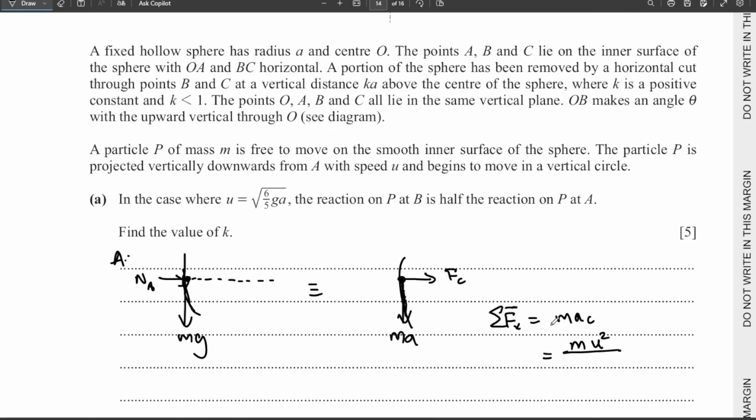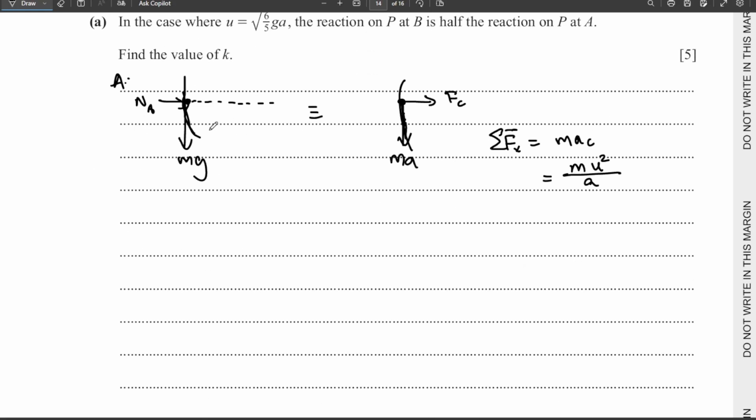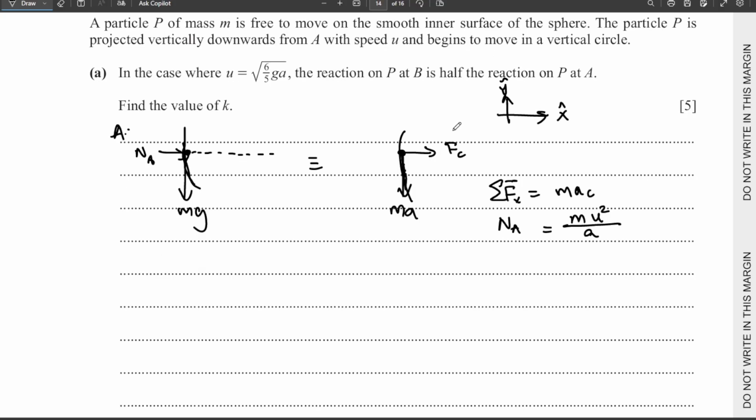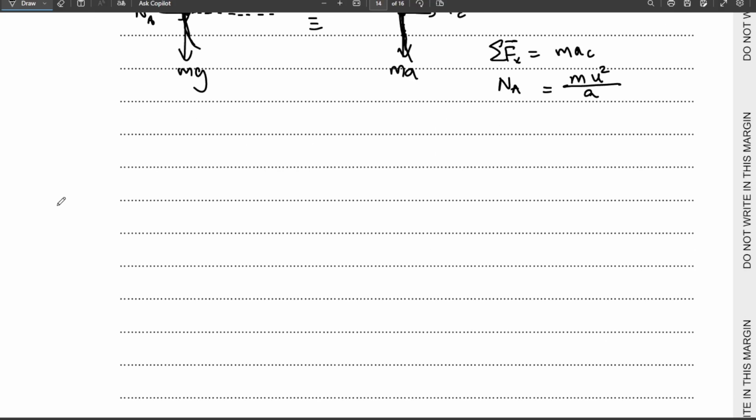The radius, again, is a, so we just use a here. What forces do we have in the horizontal direction? We only have the normal force, so that's just N_A. We'll declare our axis here, so that's positive and that's positive. So that's at A. Now at B,